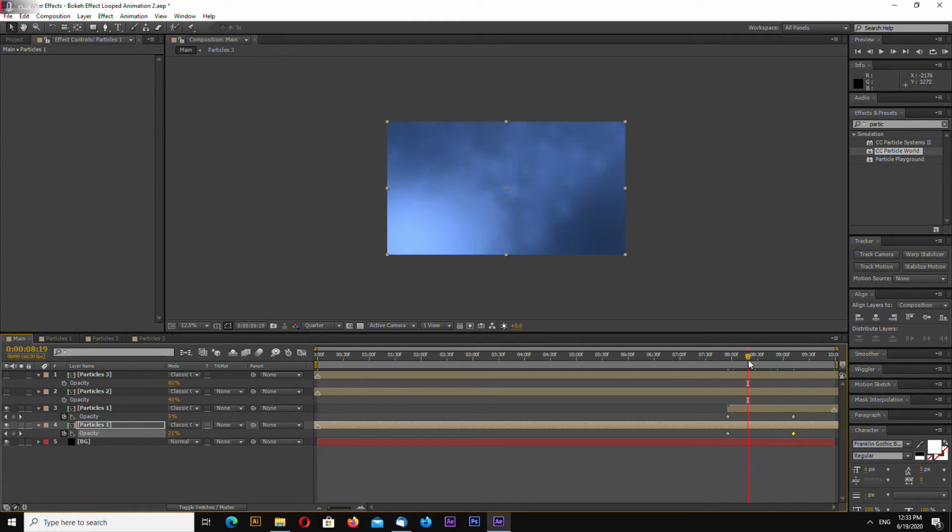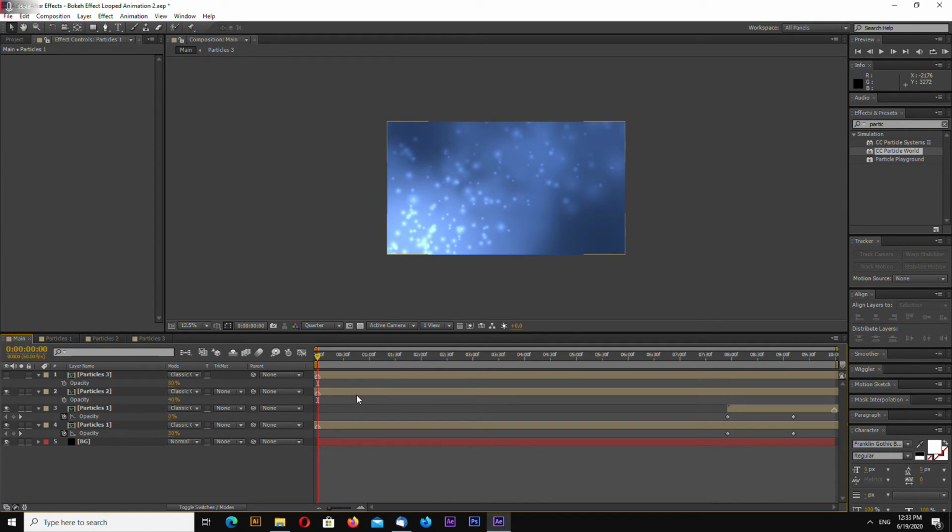This is the fade in animation. So you can see first frame is like this and last frame is identical to the first frame. And let's do the same thing with